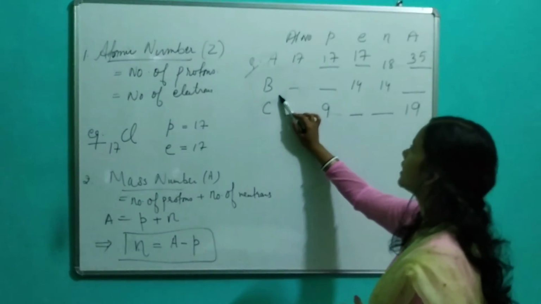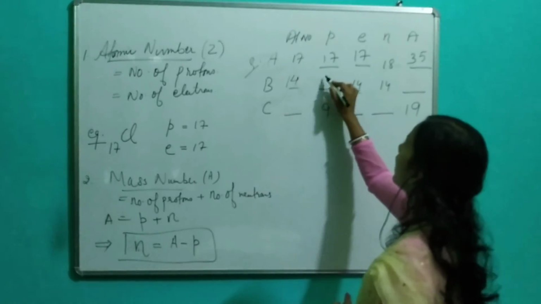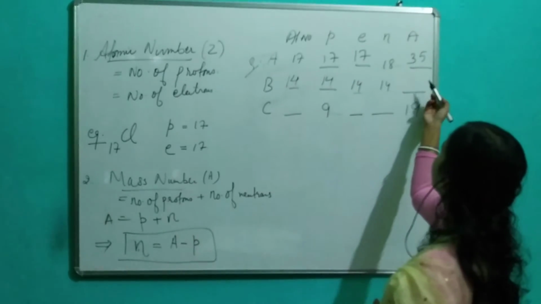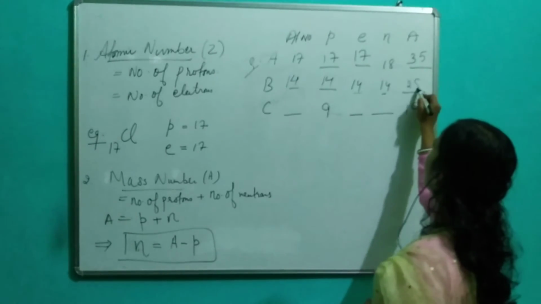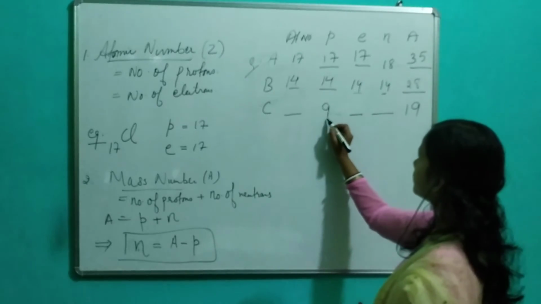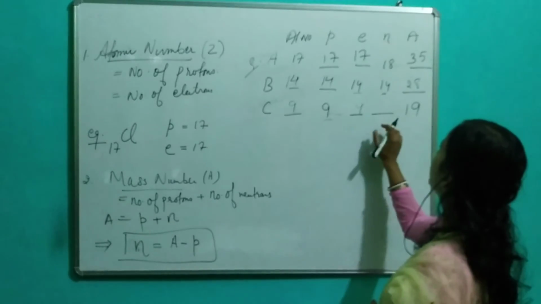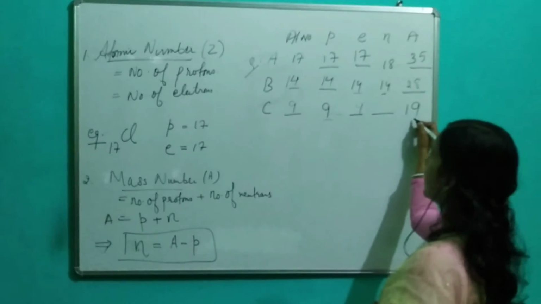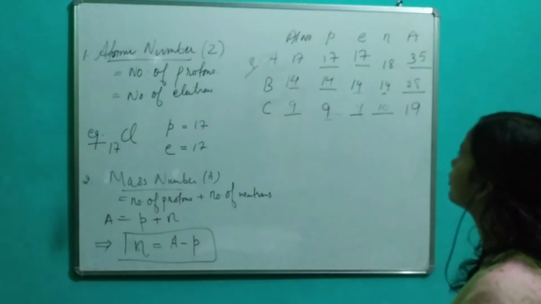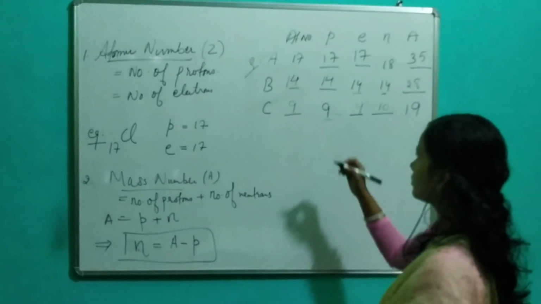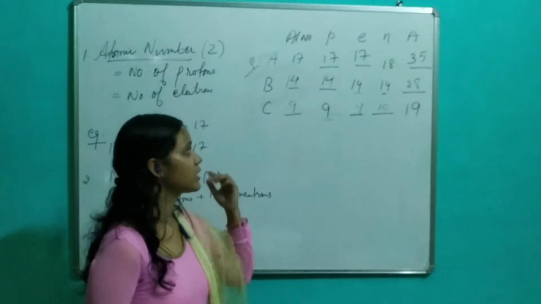Now here for the second element, electron is given 14, so that means the atomic number is 14 and proton is also 14. We can find the atomic mass, that is number of proton plus number of neutrons, so it will be 28. Similarly, when number of proton is given, we can write the number of electrons. Okay, and number of neutrons means the atomic mass minus number of proton, that is equal to 10. So here, this is how we are going to solve this type of questions. We can even identify the element also. A is chlorine, B is silicon and C is fluorine.